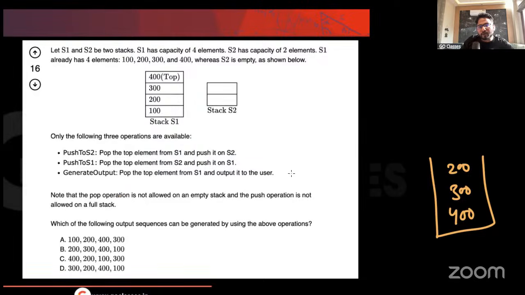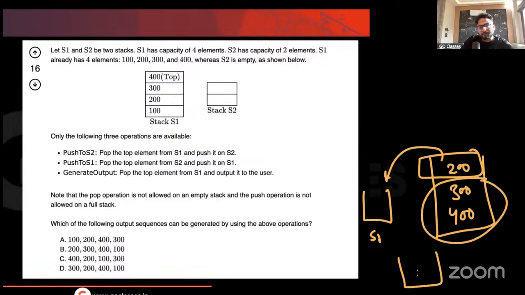Then you want to have 200. You can transfer only this to S1, and then you can have 200 as output. Now you want to have 400. For 400, I think you can transfer both of these elements, right? First you will be transferring 300 and then 400, and then you can output 400.